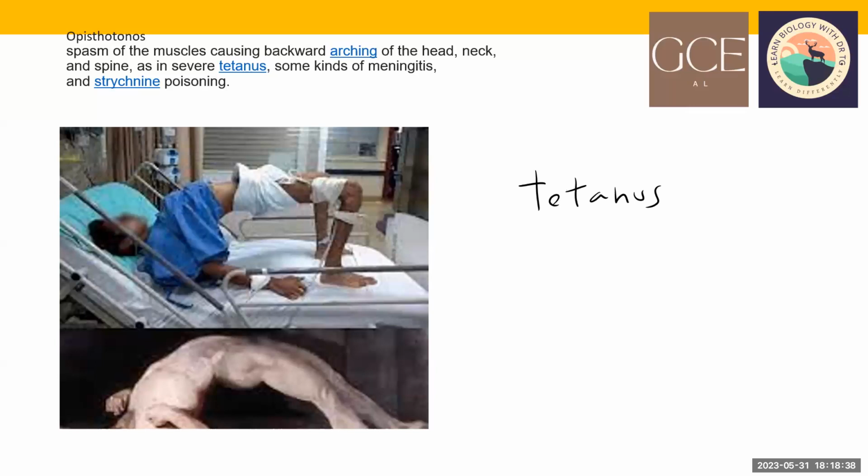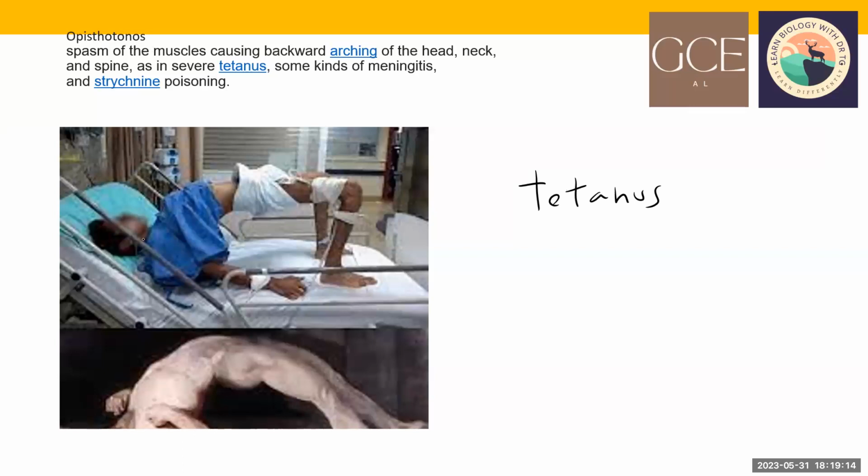And in that case, many of them have experience asking immediately to take the tetanus vaccine. So even the same day or next day, you go to the doctor to take the tetanus vaccine. Because if not treated, you can see what happened to this person's body. When it's a severe condition, which is called